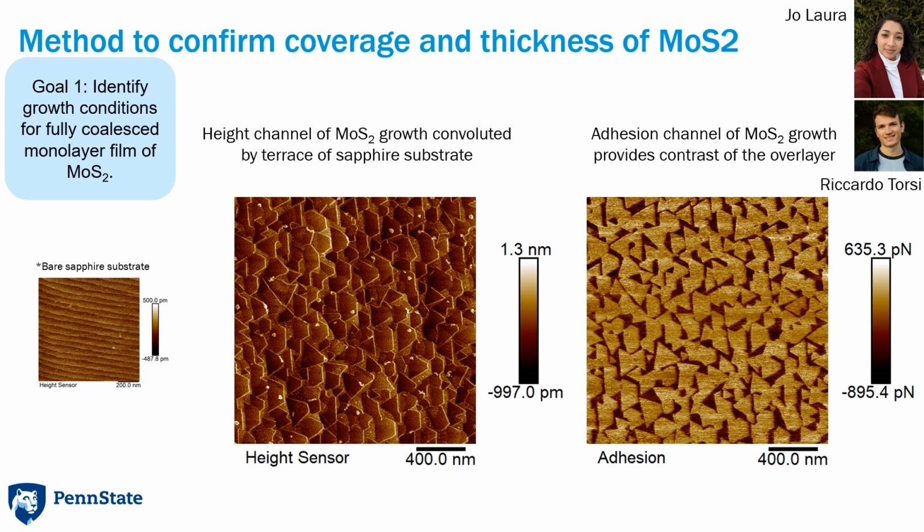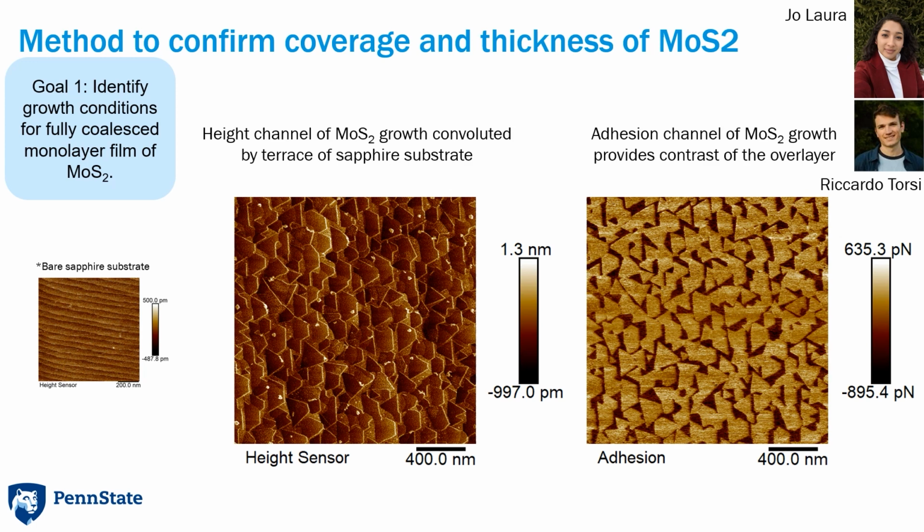So in the height channel, there's a little bit of a challenge because the material is grown on a sapphire substrate, which has some terrace structure to it. And then superimposed on top of that is the monolayer that's grown from the MoS2. And that can be difficult to determine the continuity of that film, but sometimes is a good way for us to determine multiple layers. So we use the adhesion channel to help identify the coalescence of the monolayer film,